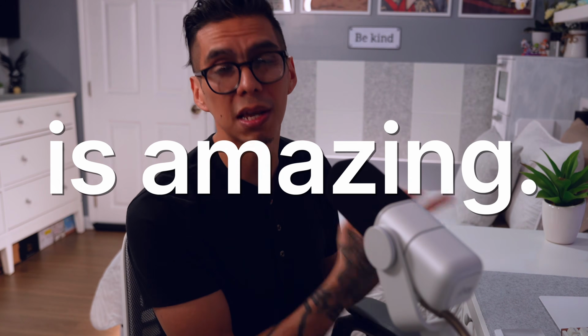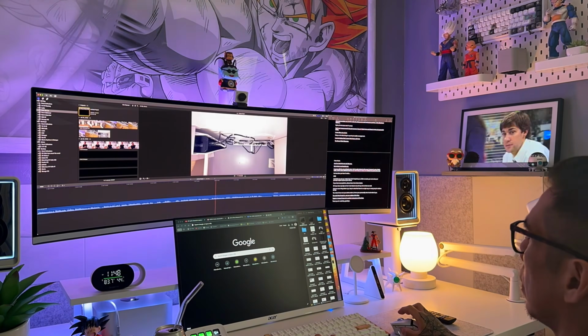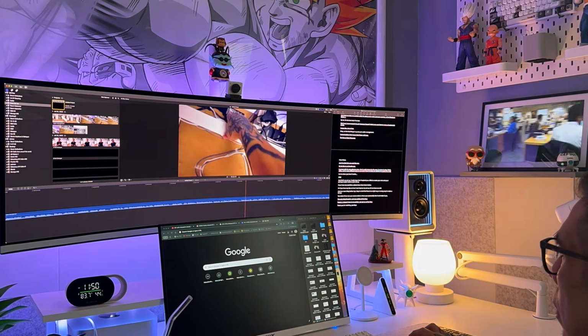However, I don't regret it. This thing is amazing. I was worried about burn-in, you know, like how we all do when we buy an OLED, but I've put this thing through the ringer and it's held up perfectly. I do all my work on this, meaning that I leave files and multiple windows open, and it has not shown